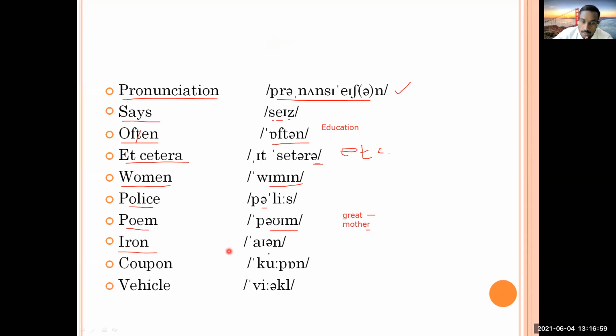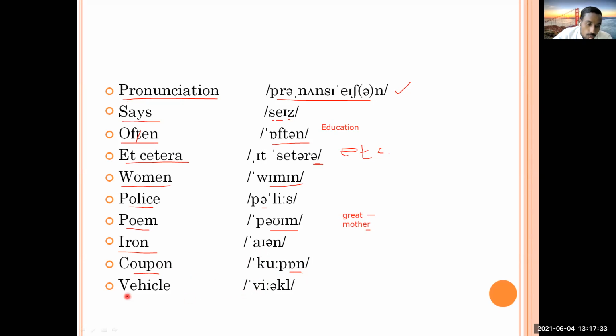Vowel. So there is no r sound, you can pronounce it in. Then let's go to the next word and tell me its pronunciation. Coupon. It's coupon. There is an O sound here. Okay, we'll come to know. Usually we call it coupon, but it is not coupon. It is coupon.